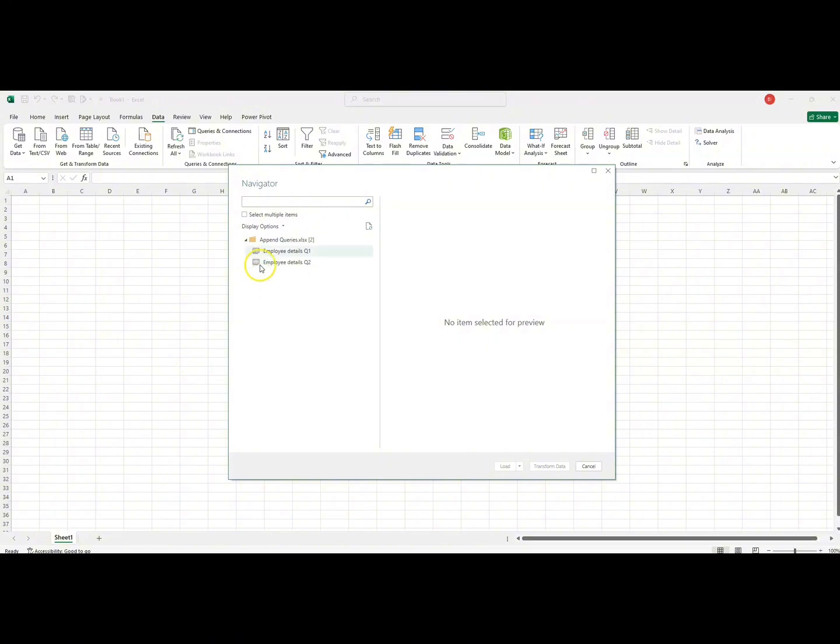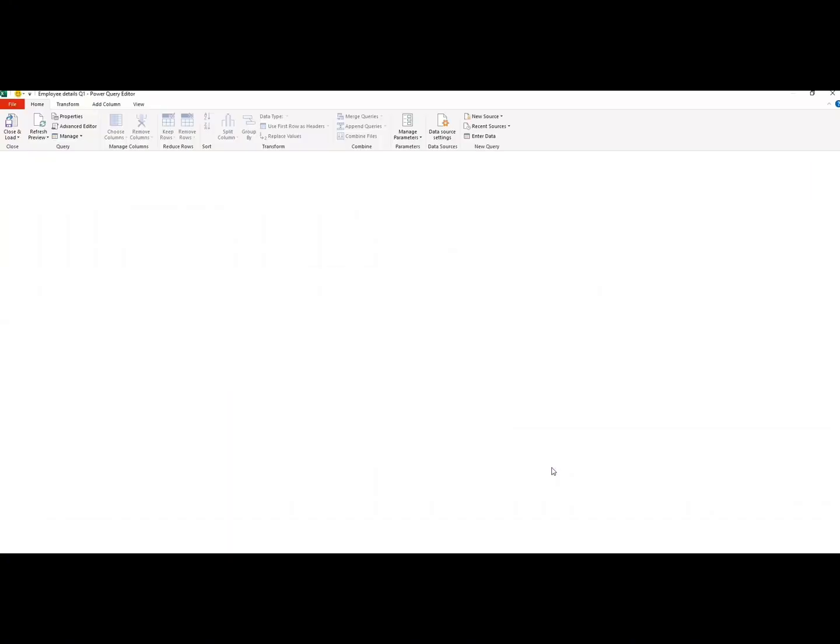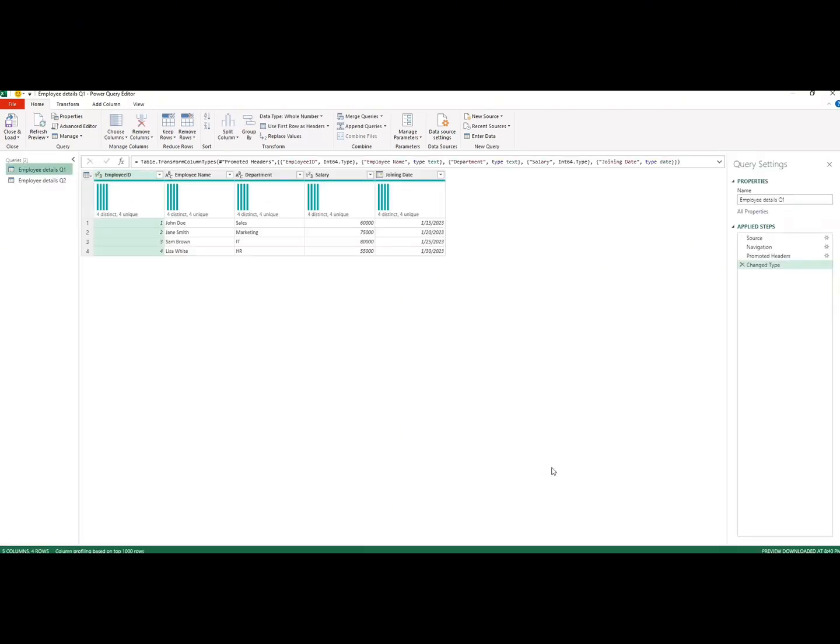Alright, so I want to append these two tables together. We have employee details for quarter 1 and employee details for quarter 2. So let's select to check both boxes. Then let's load them into Power Query to transform them and to join them together. So appending is you stacking your tables on top of each other. You're not joining them based on columns now. You're adding them together